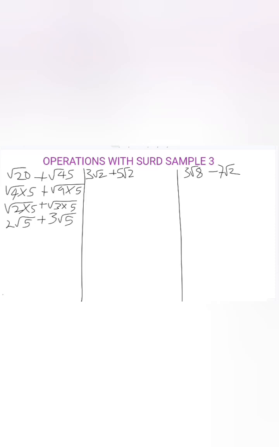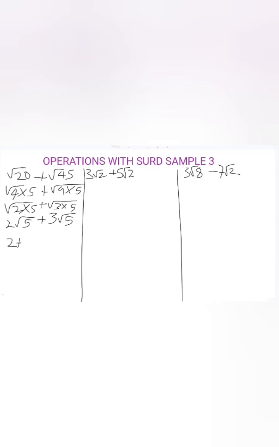Now note, since we have 5 here and we also have 5 here, 2 square root of 5 and 3 square root of 5, they would act like, think of it like x. Because you have square root of 5 here and square root of 5 here, we can actually add 3 and 2 together. So the next step would be